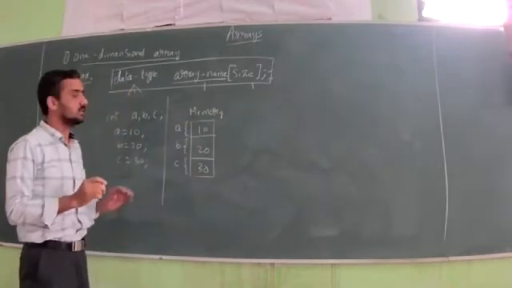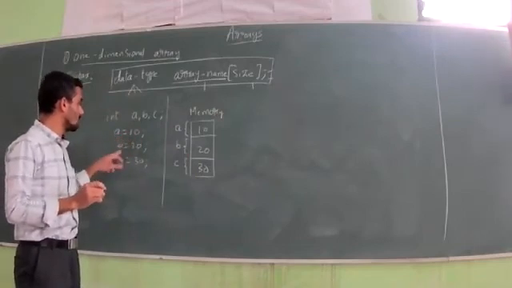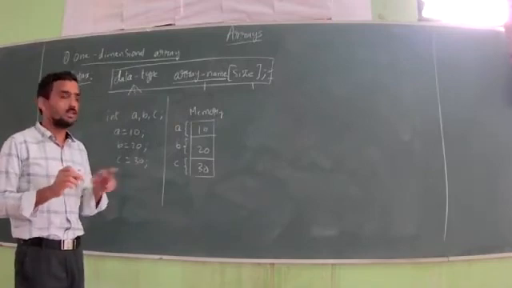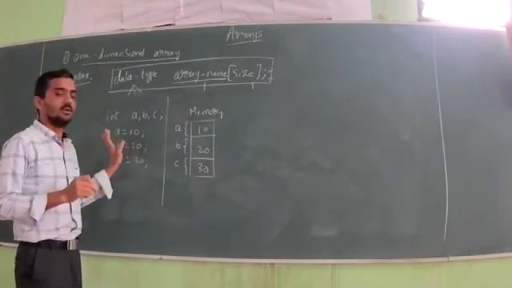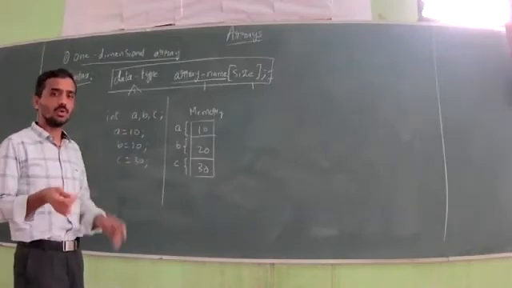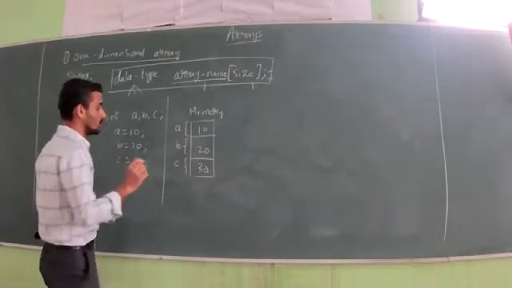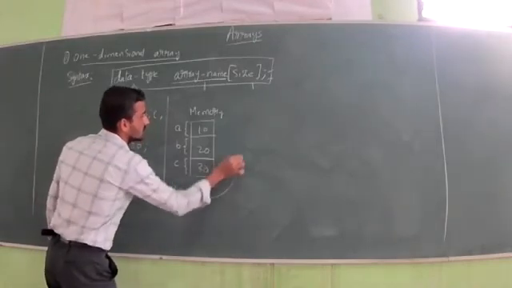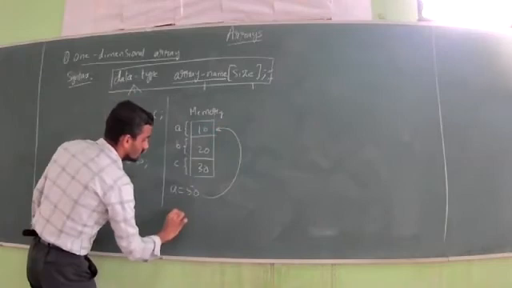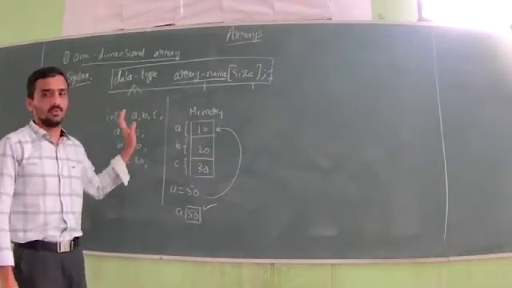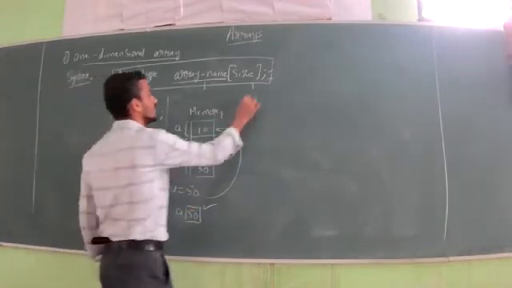The meaning of that is only one value you can store in a variable. If you are not using the concept of arrays, only one value you can store in the variable. If you try to store more values, it will not store them, but it will replace. So, for example, if I try to store, say, 50 in A, this value will be replaced. A value will become 50, but not 10 and 50. But by using arrays, we can achieve that.